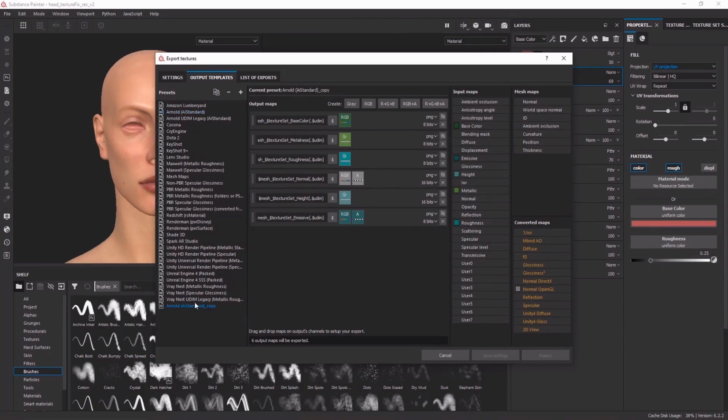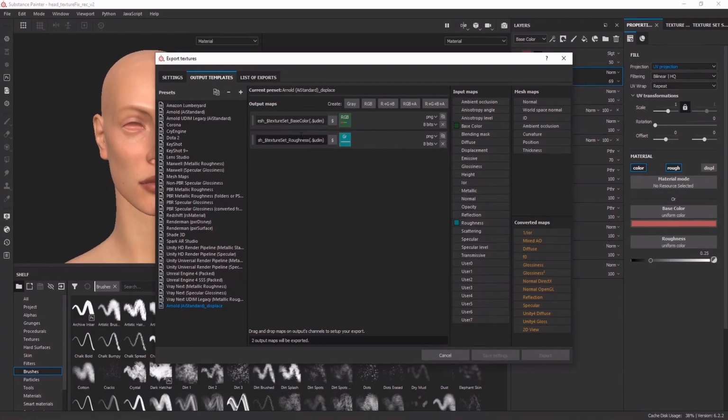So click duplicate and then name this displace, because the basic setting doesn't support displacement. Okay, and then I'm going to delete all the stuff that I don't really need. So no more metalness, just base color and roughness, and then click RGB here, and then click displacement as a gray channel,